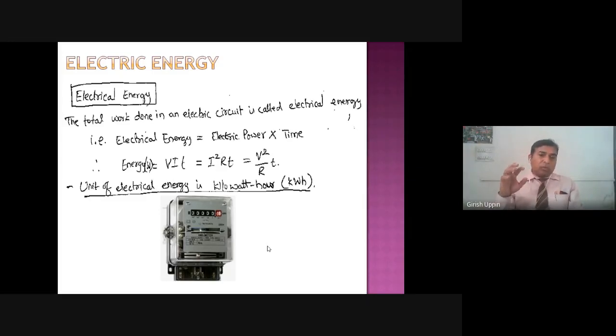All that total power consumption happening inside your house by the various equipment is calculated by your energy meter. You must have seen the switchboard in your house. Inside the switchboard there would be an energy meter. Maybe it is very similar to this, depending upon whether it's old or new digital. There are different energy meters, but something similar to this which will calculate the energy consumption inside your house.